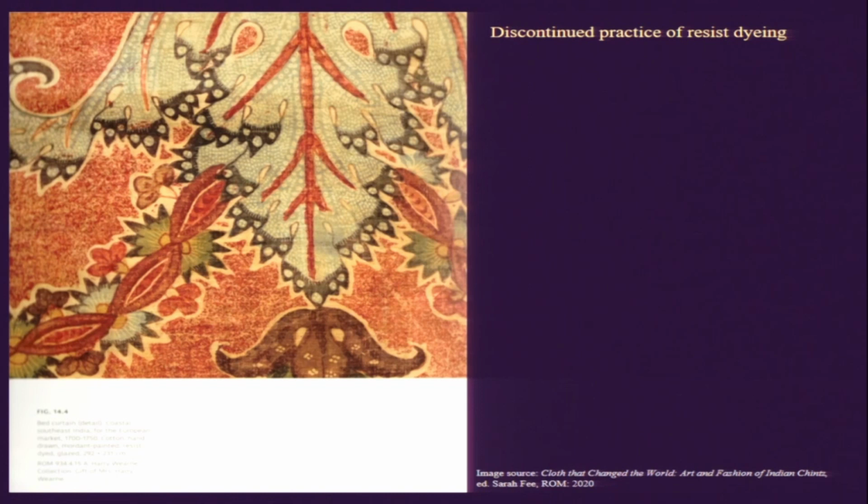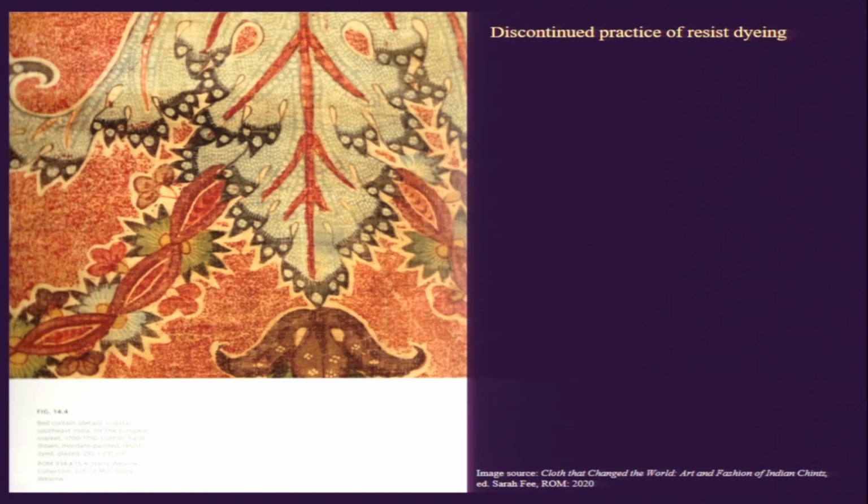So in this case, in the image that we have on screen, we see that there is this extensive use of indigo, this pale indigo that we have on this flower motif, and of course one darker shade of indigo here in the edges of this flower. What we see here is not really made directly with a pen, or painted on the top of this textile, but rather a reverse process is used.